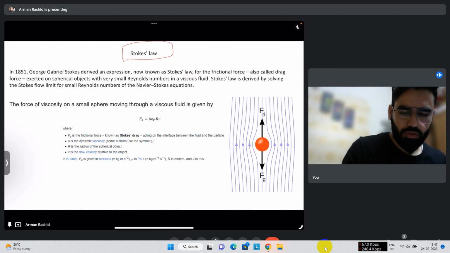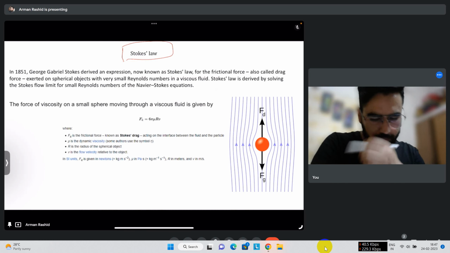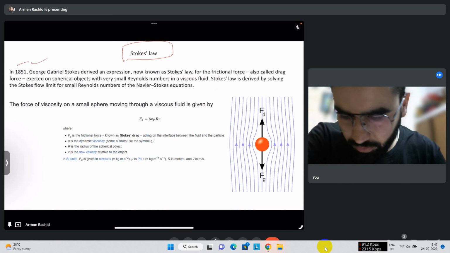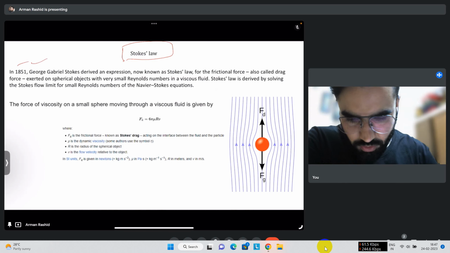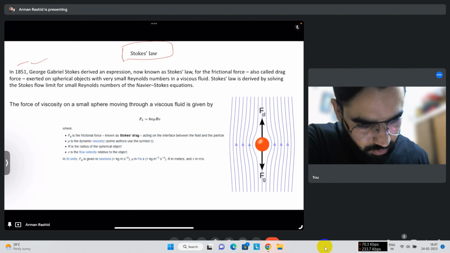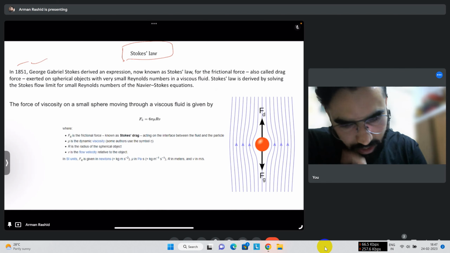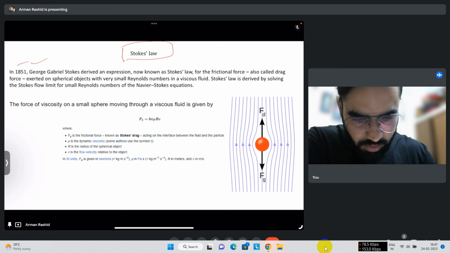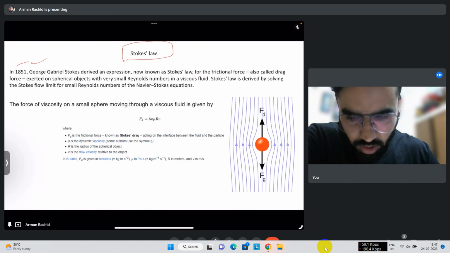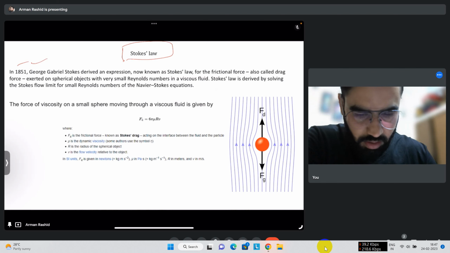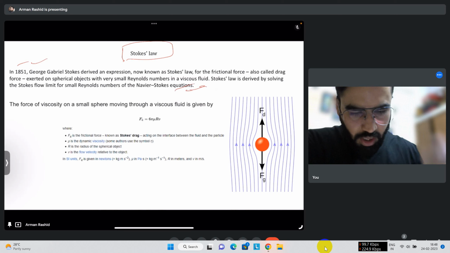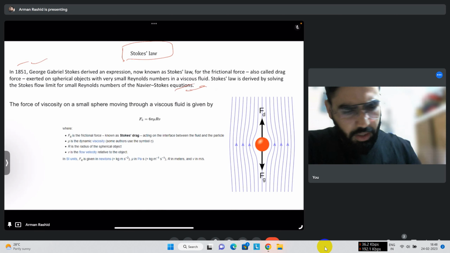So Stokes law. As I have written here, in 1851 Stokes derived an expression, also called Stokes law, for the frictional force, also called a drag force, exerted on a spherical object with very small Reynolds number in a viscous fluid. Stokes law is derived by solving the Stokes flow limit for small Reynolds number Navier-Stokes equations. So if we take the Navier-Stokes equation and use the small Reynolds number, then we can determine the